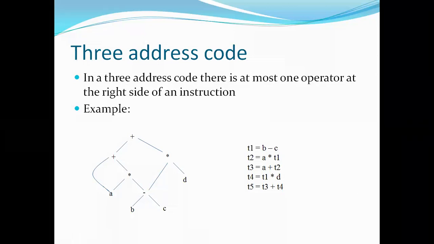What it means is, the computation of y op z, whatever value is obtained there, is assigned to the resultant variable x. That means x is used for storing the result, and y and z are used for making the computation based on the operator, right? Is it clear now what the three address code format is?